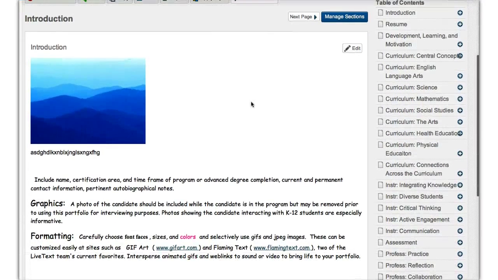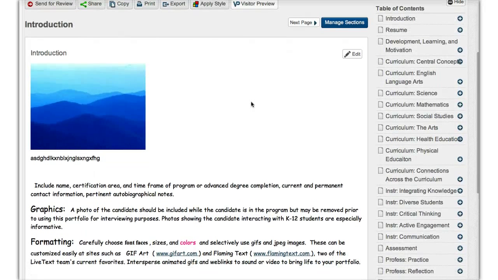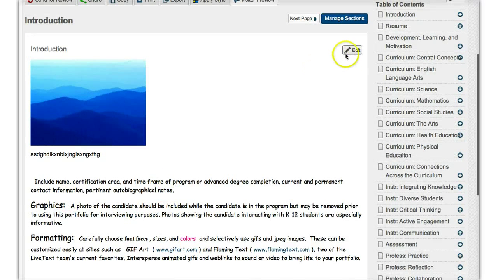The other thing you need to do is to work on your introduction. Now the good thing is you've already done an introduction because you've created a wiki space. So what you need to do is use the same picture, use the same information that you typed out, just copy and paste it in here, and that'll cover this introduction part. And once you've done that, again, to edit this page, you select edit,